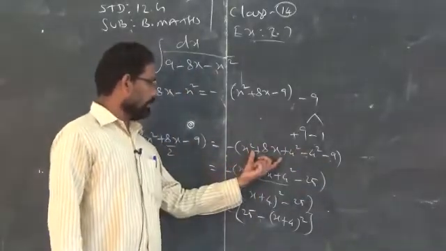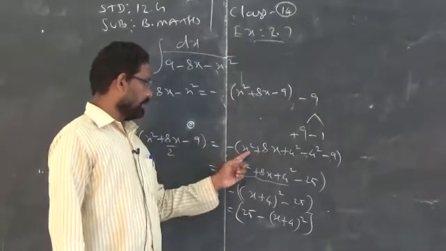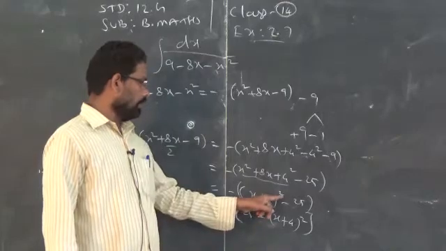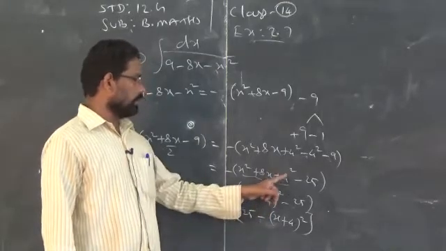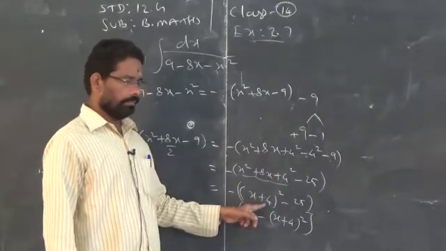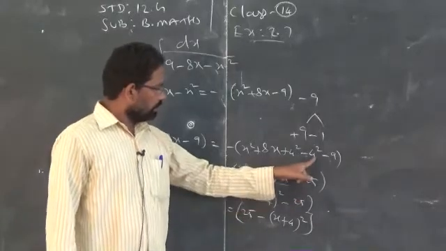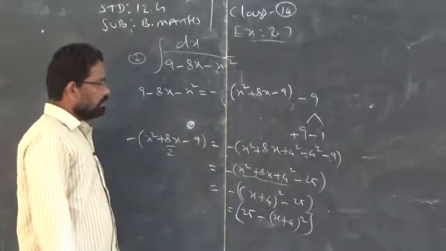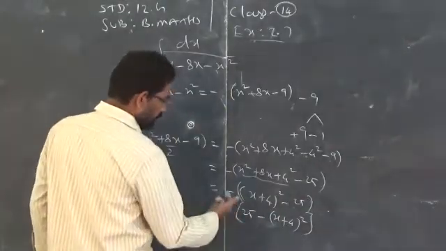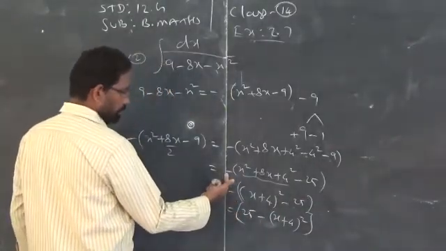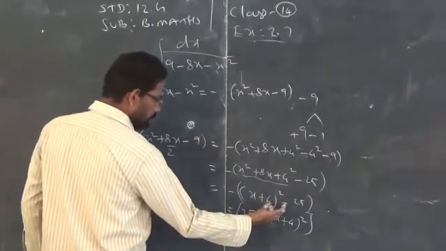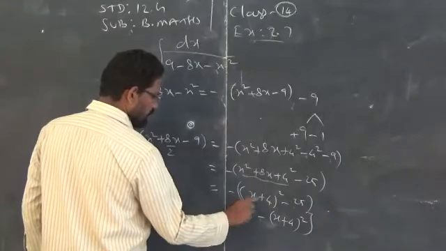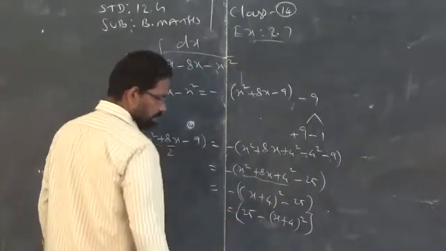Then this will become (a plus b) the whole square, a square plus b square plus 2ab, which will give you (a plus b) the whole square. Don't write 16, 4 square is 16, don't write x plus 16. Clear? Minus 16 minus 9, which will give you minus 25. So we already have a negative outside of the bracket. When you take it inside, this minus will become plus, this plus will become minus. Don't take minus inside the bracket. Clear? That is not allowed.